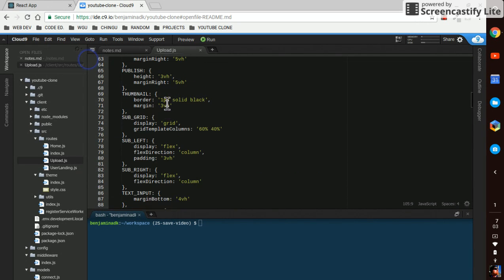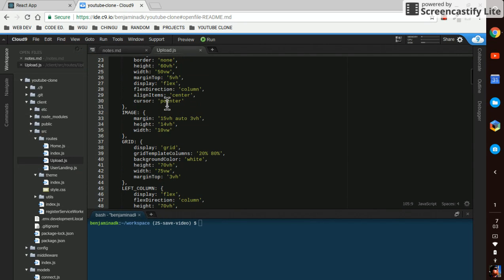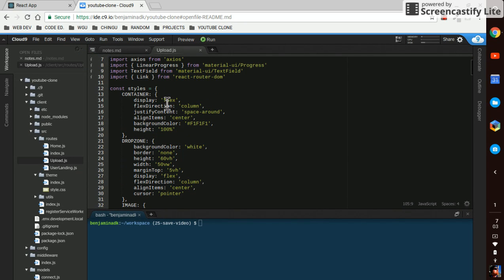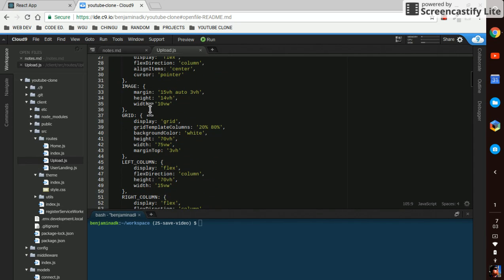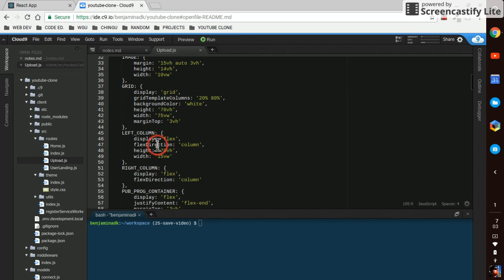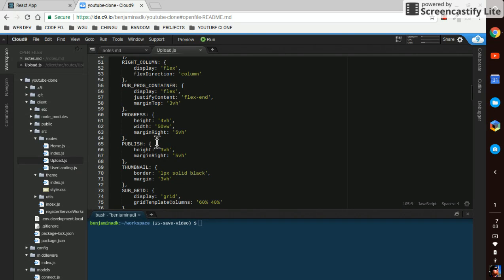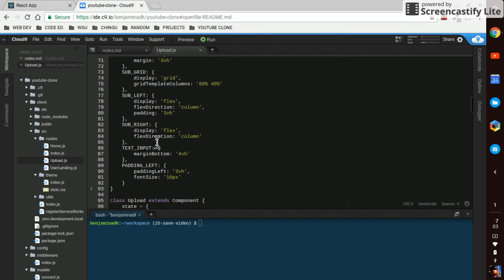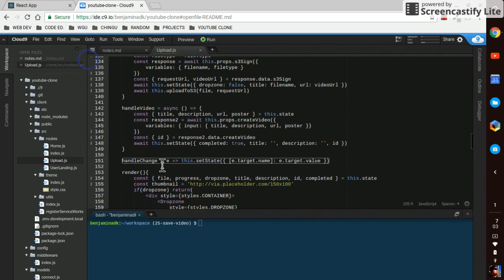So I created a bunch of style objects up here, longer than I can describe. You have to check out the code. But basically what we're doing is we have one setup that we've already seen, and then we now have a second setup for after you click the upload button. So we have drop zone true. So if we go down to render,